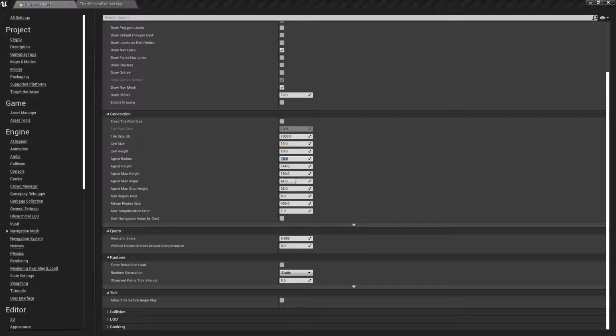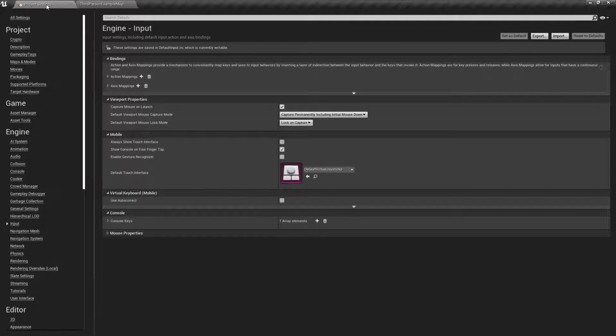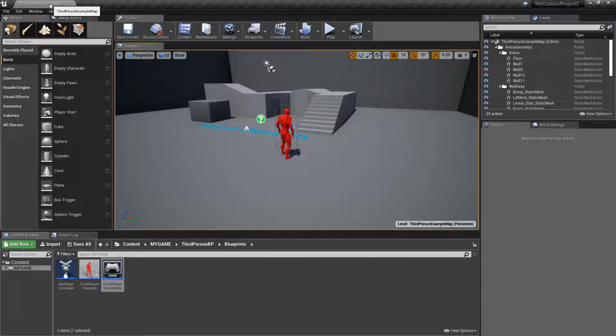All right, and that is pretty much it. I made sure that we don't have to make any changes to input. So all we have to do now is start the migration process. So make sure that you close it. And now let's go back to our